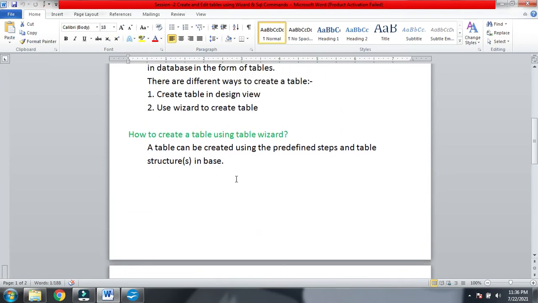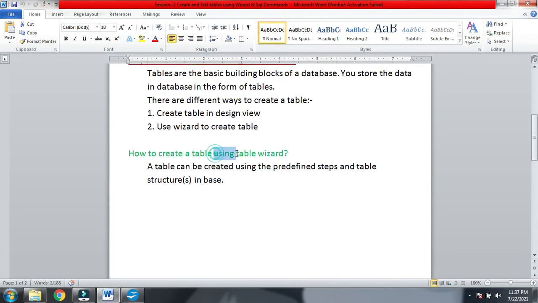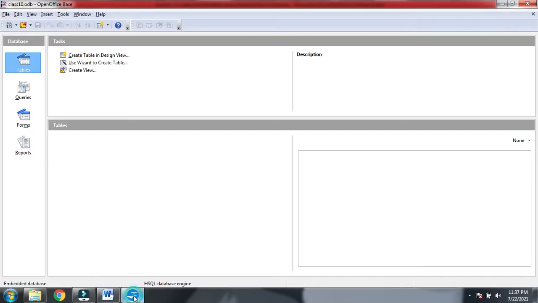First of all we will see how to create a table using the table wizard, then we will see how we can create a table using design view. Table wizard gives us predefined tables, means tables which are previously saved, we just have to use them. Let us see how we can do this.